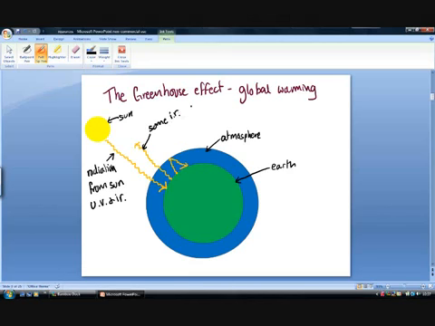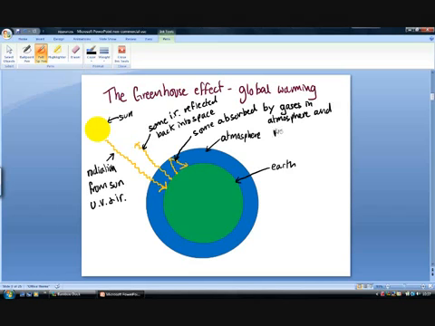So to go over that again, that's radiation from the Sun, which is a combination of UV and IR. Now, some of the infrared radiation is reflected by the Earth and goes straight through the atmosphere into space. Some of it, however, and this is where the global warming comes in, and the greenhouse effect, some is absorbed by gases in the atmosphere. And this radiation is then reflected in all directions, and some of it comes back to the Earth, and that warms us up. Again, it adds to the warming from the Sun.